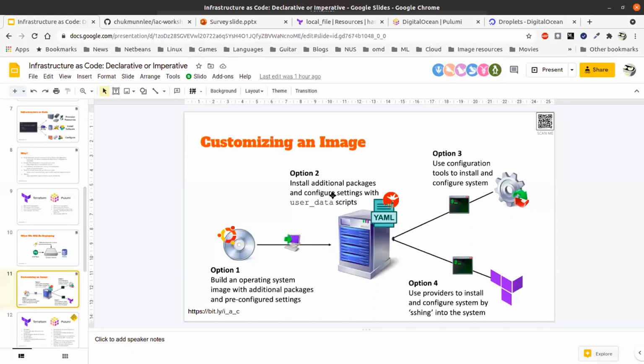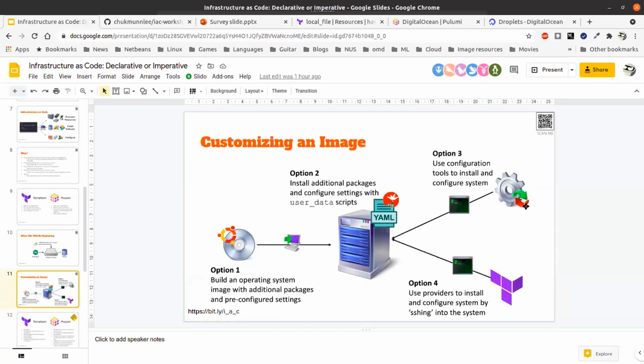Okay. The third way is to use another tool, if you've got a really, really complex software setup, right? The third way is to use a configuration tool, something like Puppet or Ansible, right? And this third option is done after you have provisioned your resources. Okay, so in other words, the VM has to be up and running, and then you use Ansible to start provisioning the server, to start configuring the server.